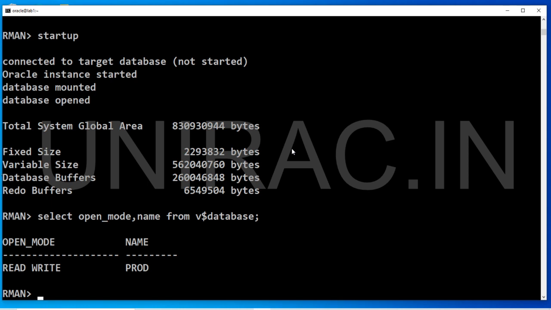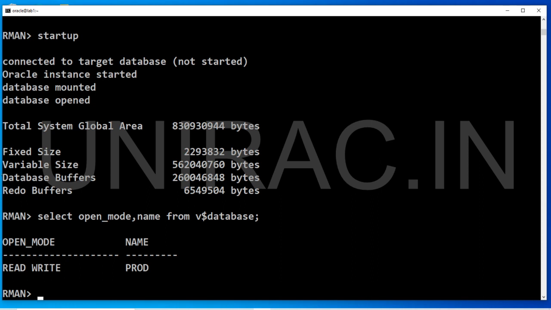And going back to sys backup privilege. Prior to 12c, users need to have sysdba privilege to back up the database. But from 12c, we have a new privilege, sys backup. This allows the users the permissions to perform only backup operations. The sys backup privilege allows the DBA to perform RMAN backup commands without additional privileges.